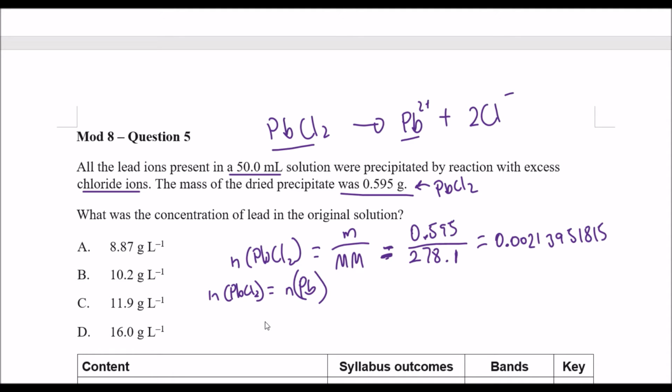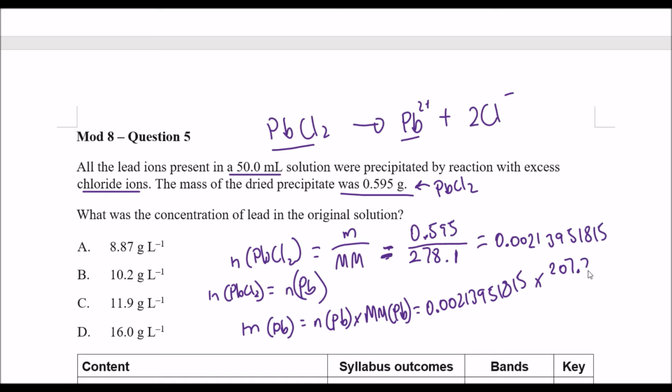So knowing that, we can actually use that to find the mass of lead, which is the number of moles of lead times its molar mass. It's quite a lot of steps, as you can see. And times by the molar mass, which I found again online to be this value here. And so the overall mass is